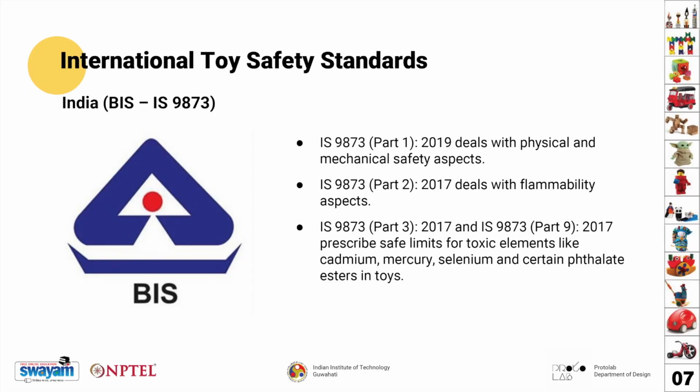Third is IS 9873 Part 4, Activity Toys for Domestic Use. This IS addresses safety requirements for indoor and outdoor activity toys like swings, slides, and climbing frames used domestically by children under 14. It incorporates guidelines from ISO 8124 Part 4 and focuses on structural stability, prevention of tip-over accidents,